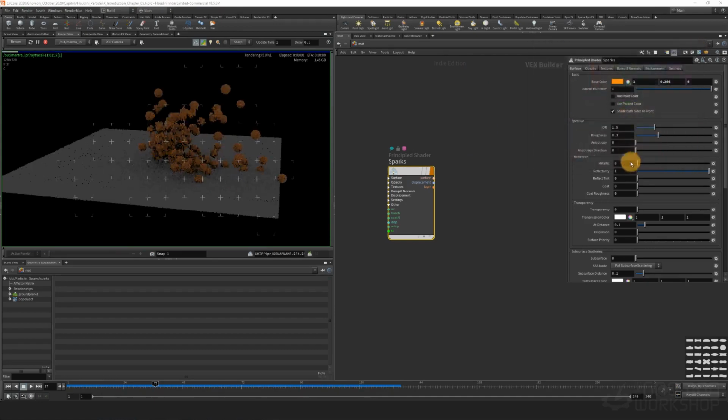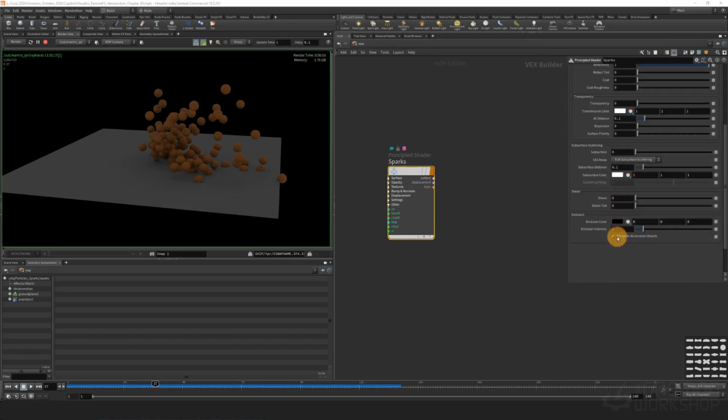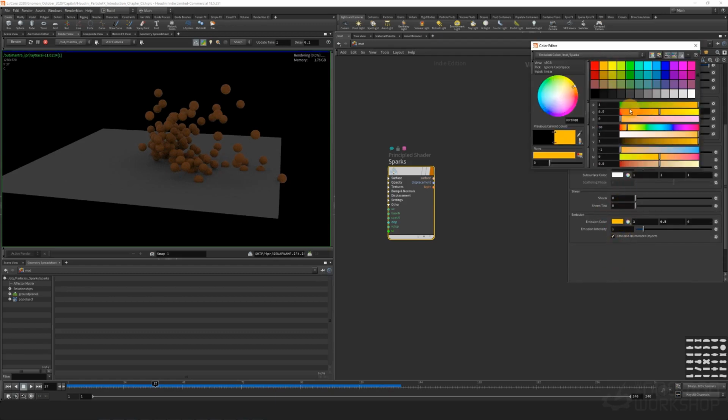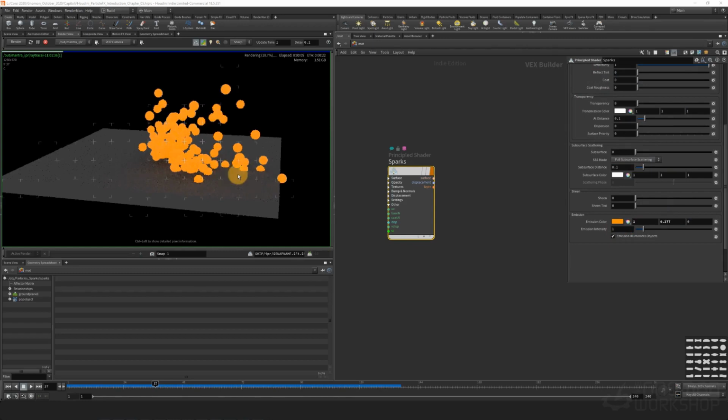Let's say that's the color, and then we go inside the emission, so we don't need this one, so we can take care about the color essentially from this area. So we have the emission, you see that we have lighting done by the points, and let's say that this one is maybe 10,